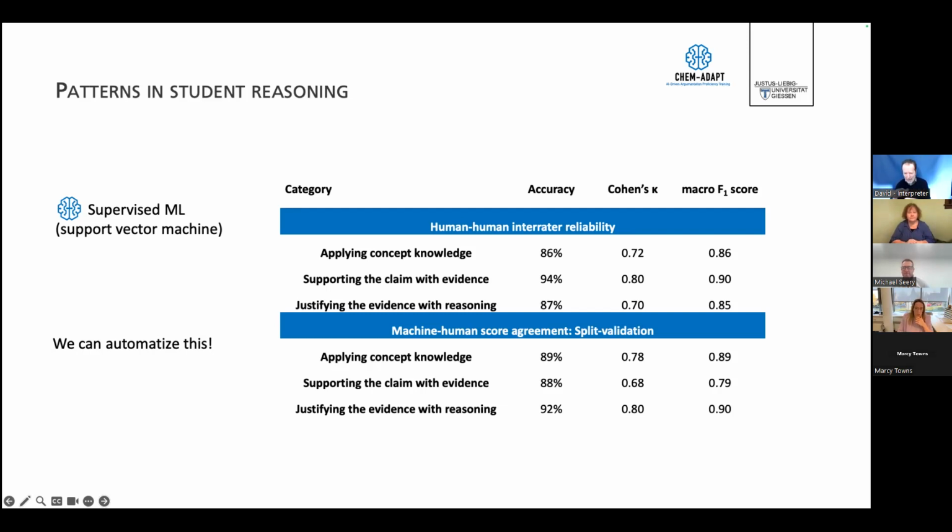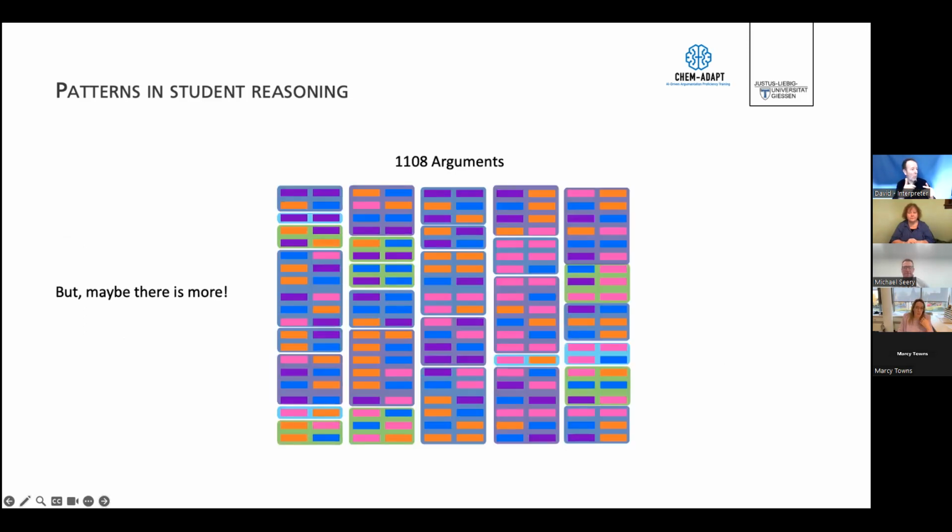But then I thought, why not make more use of machine learning? Because maybe there's more behind that, maybe there's more than just the 3 codes that we were looking at in students' arguments. And I wanted to dig deeper and see, can we define other categories, or with the help of the machine, find other subtle differences in students' argumentation.